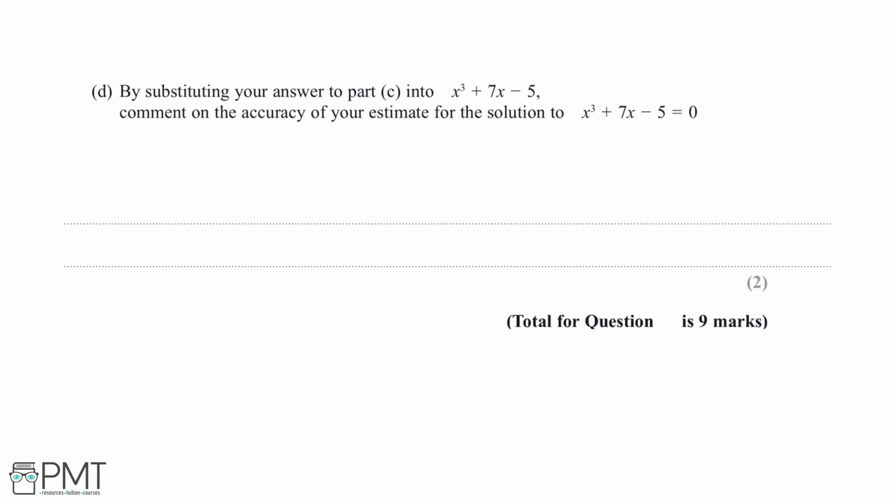By substituting your answer to part C into x cubed plus 7x minus 5, comment on the accuracy of your estimate for the solution to x cubed plus 7x minus 5 equals 0. So what we want to do is substitute our answer from part C into this equation, and if we get a value that's near to 0, we can say that our estimate is fairly accurate. So if we substitute our answer from part C into x cubed plus 7x minus 5, this will give us